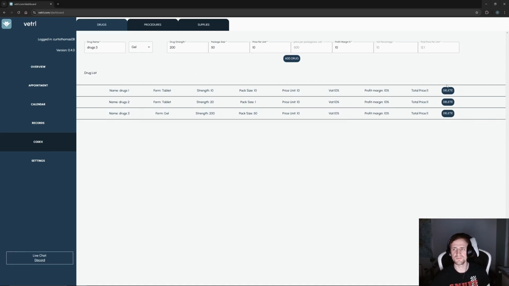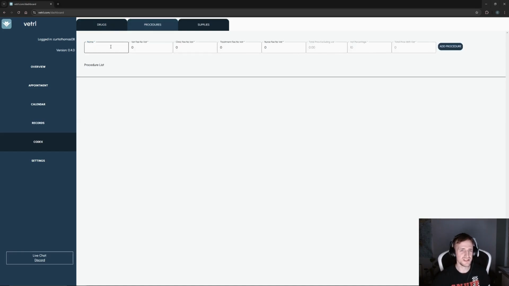If you get anything wrong, you can just delete it and then redo it again. The names at the moment need to have a unique name so that it can be identified as unique. So next we can go into the procedures. Very similar, but we're doing